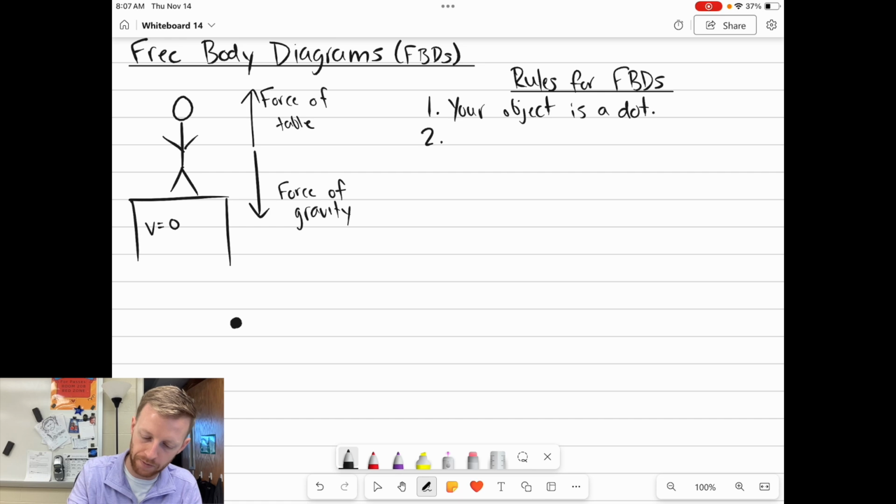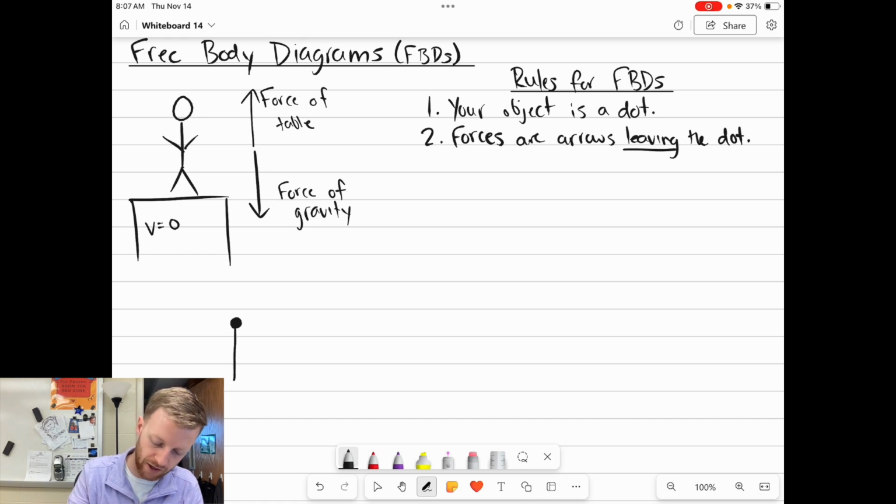The second rule here is that forces are arrows leaving the dot. So we always draw them leaving the dot. So I'm going to draw my 2 arrows. Perfect. Rule 3, each force